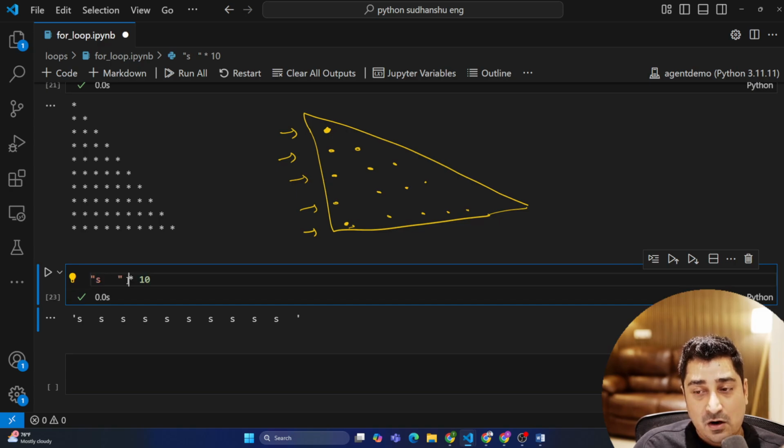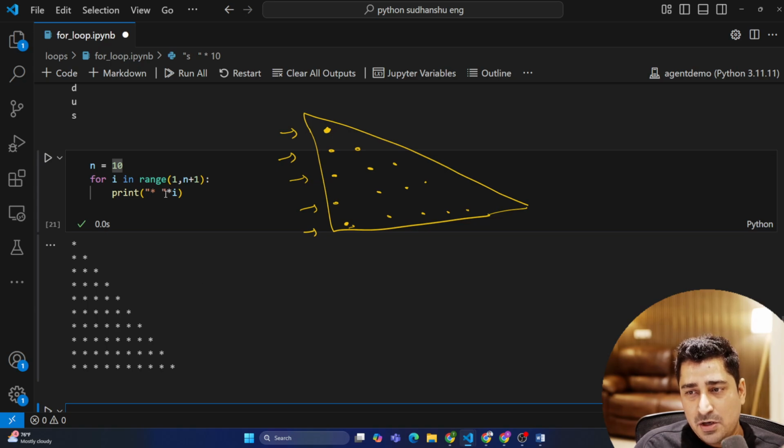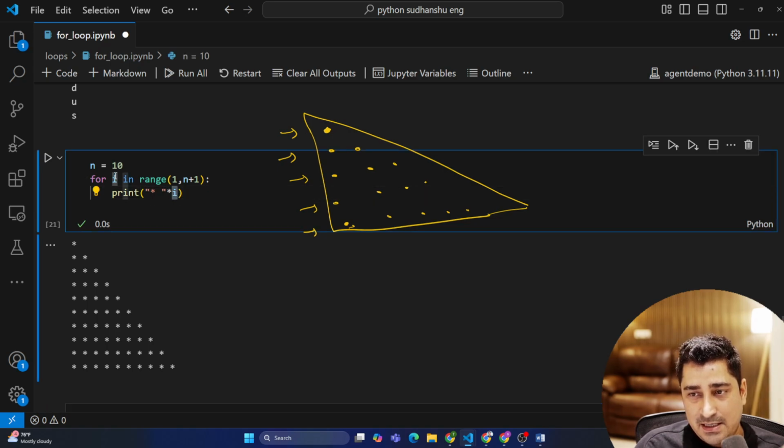Addition, plus, means a concatenation operation. Multiplication means just repeat the same thing 10 times or maybe n times, whatever number you have given over here. So now here what we are trying to do is repeat this one ith time. So when i is equal to 1, do this, then i is equal to 2, do this,